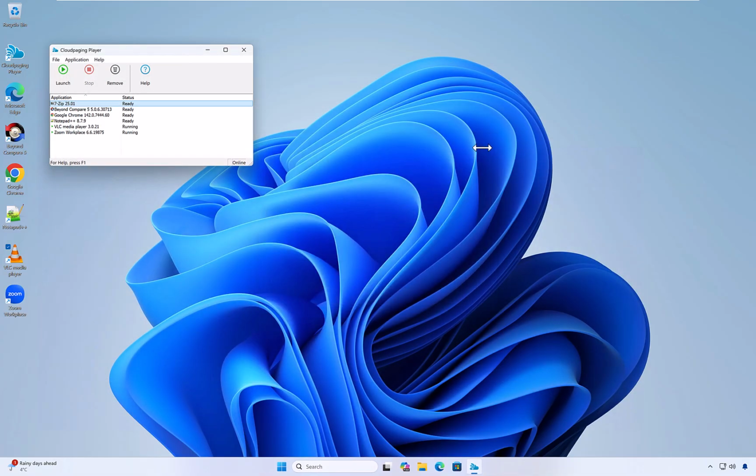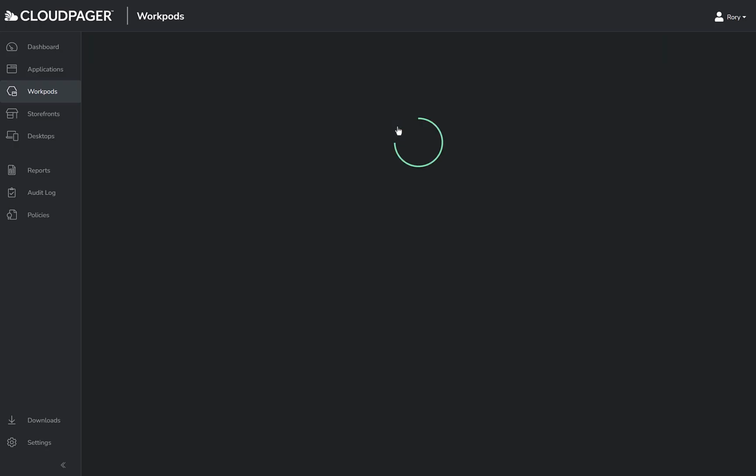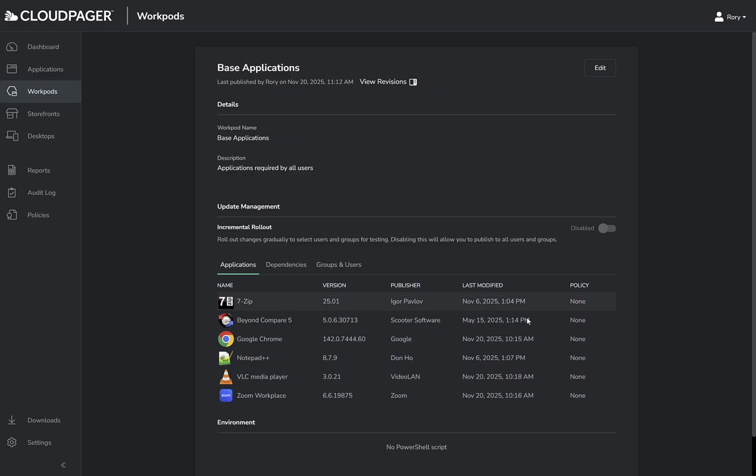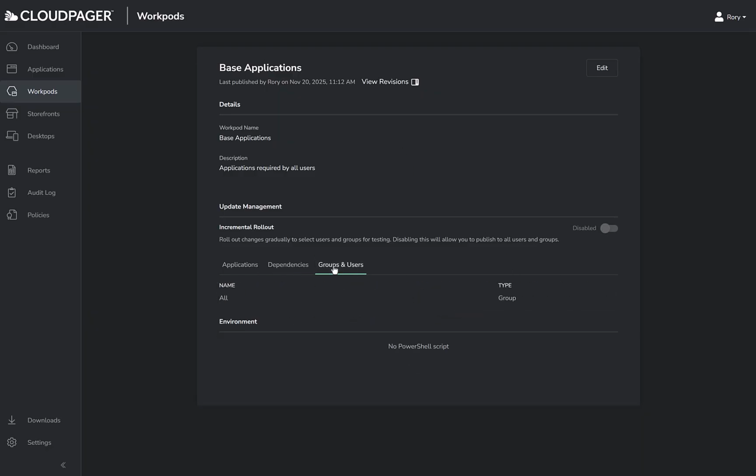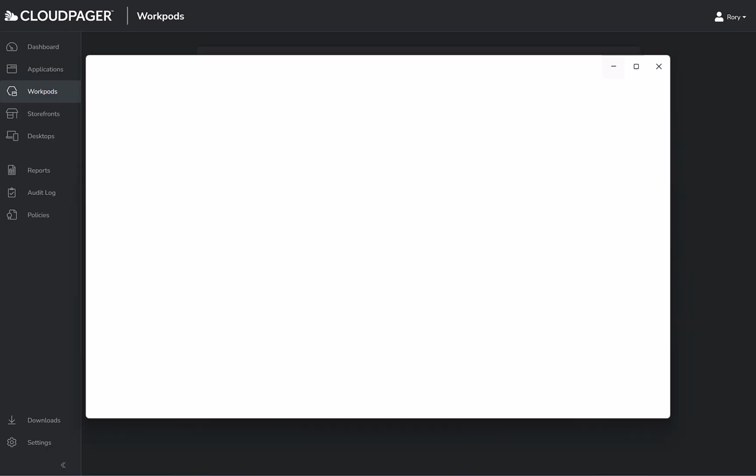Now this Windows 11 desktop is my primary driver. It's actually a physical endpoint, though you can't really tell just by looking at it. But say if I go back to Cloud Pager just to show you, there is this work pod containing these applications called base applications. And I currently have this assigned to a security group of all users. And that means when I'm getting these applications on my physical endpoint, because I'm in that all users group,